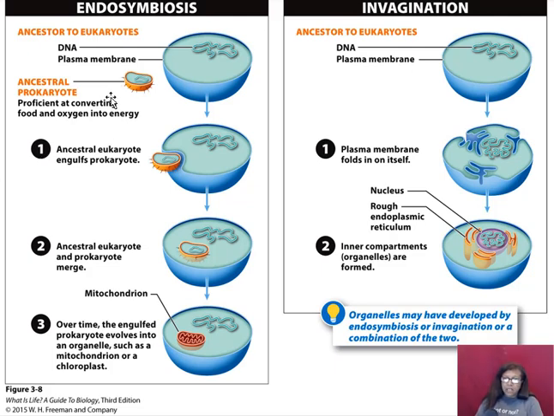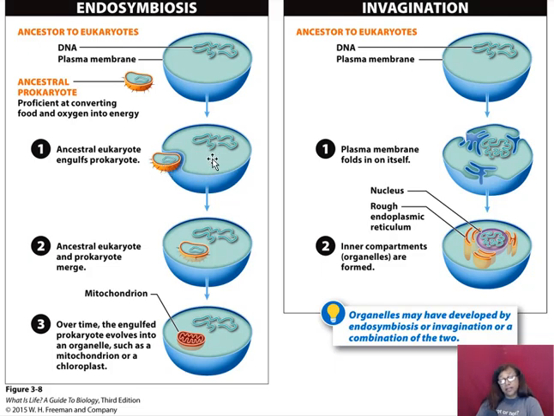Okay. So one thought in this theory is that we had this ancestral cell to our eukaryotic cells, right? Way, way back when. And then we had this ancestral prokaryotic cell. It was a prokaryote that was trying to live all by itself. And its whole job was that it was really proficient at converting food and oxygen into energy. And at some point, it is thought that the eukaryotic cell